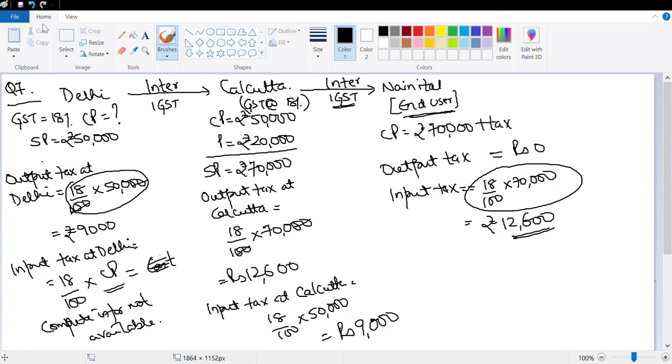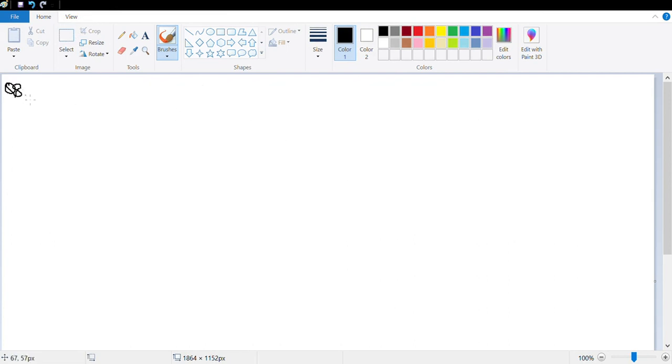So let's move on. The next question that we do is question number 8. We'll put a small star there. Slightly interesting question, but let's move on. Nothing great. For dealer A, the list price of an article is rupees 9,000. So list price is equal to rupees 9,000. Which he sells to dealer B at a lower price. So his SP we don't know. And the SP for A is the CP for B, we don't know.